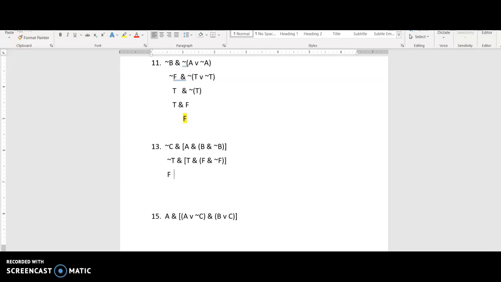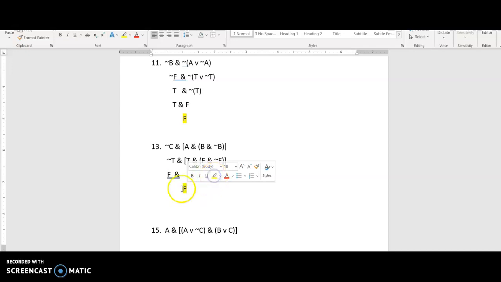The negation of a true sentence gives us a false sentence. And now again, you can see this is false and this is a conjunction. It doesn't really matter what this is, right? I mean, we can still do all this, but as soon as we know we have one false conjunct, we know the whole sentence is going to come out false. So it doesn't even really matter what this bracketed sentence comes out. If it comes out true,